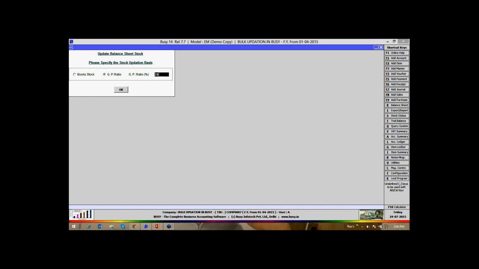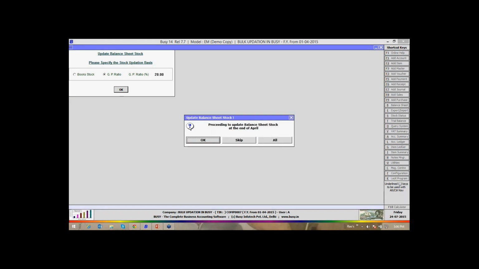GP ratio. Gross profit ratio is basically the profit upon sales multiplied by 100. How much you want? You want it 20%? This you can do one by month, or you can say you want it for April only. Other you can skip like this. Each and every month you can select here.